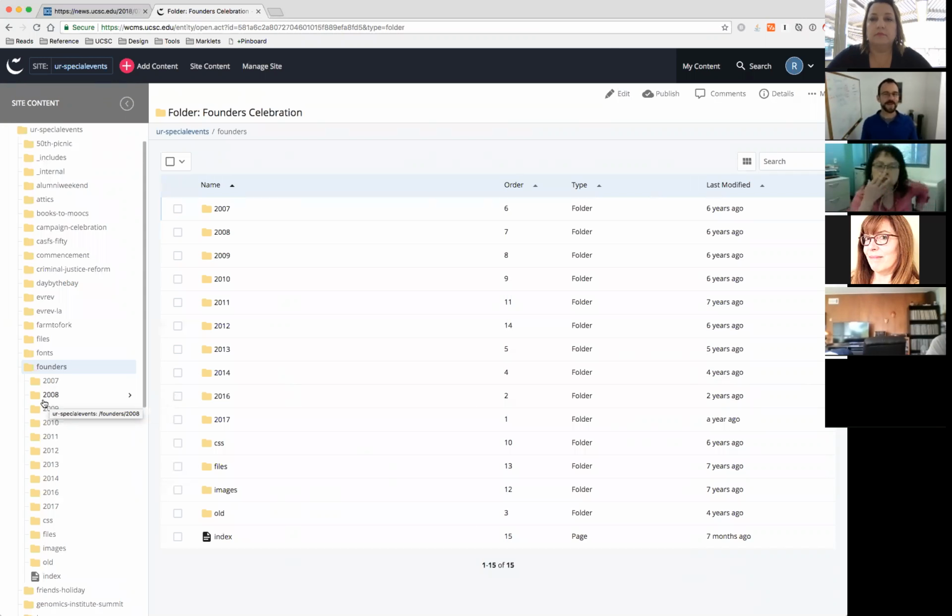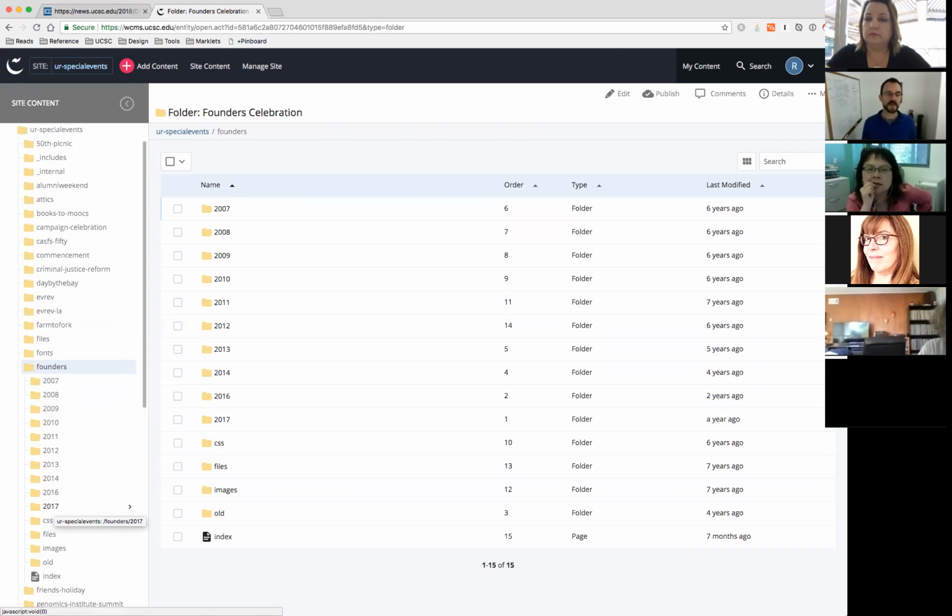I didn't have as strong opinions about URLs at the time, but it just kind of occurred to me that maybe we should simply archive 2007 in its old folder and then put 2008 in a new folder, and then update the homepage of the Founders site with the pertinent information, but keeping the historical information in the subfolder. So we started doing that, and here we are 10 years later,